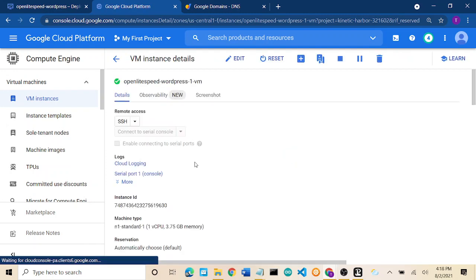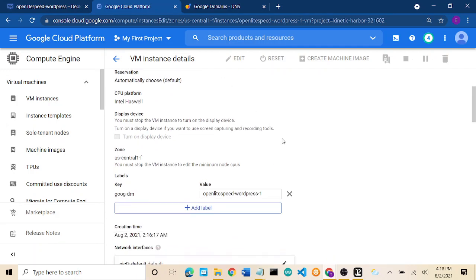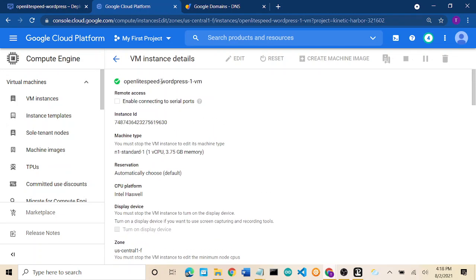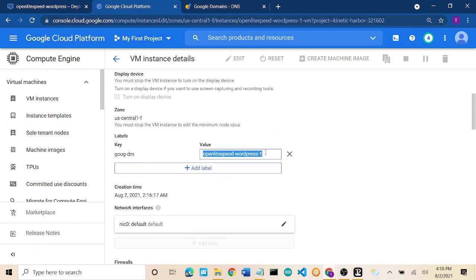So once we click on that, we can change it up. We can edit it, rename it. So you don't have to, but if you want to, I'll show you how. I mean, you could skip this step if you want, but we can go in here and modify it. So the labels, so we're going to change it right here. As you scroll down, I believe this is where you change the name. I don't always worry about changing the name, but you can. So we're going to change it to our